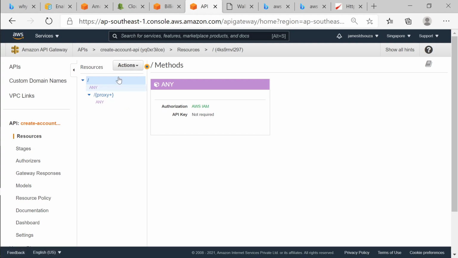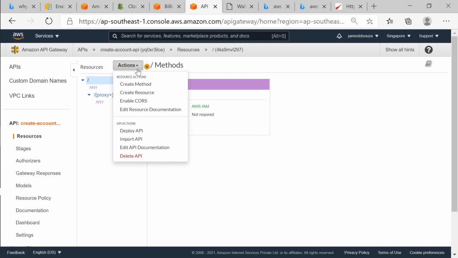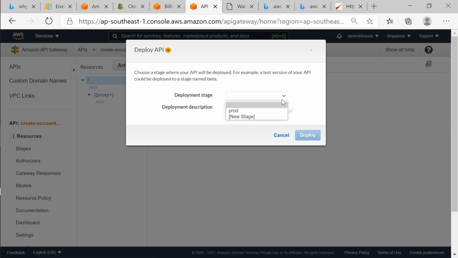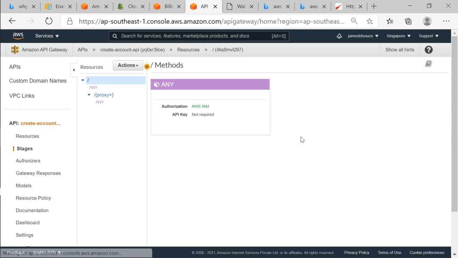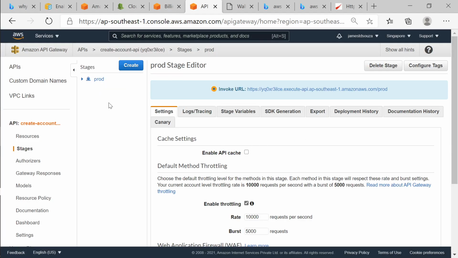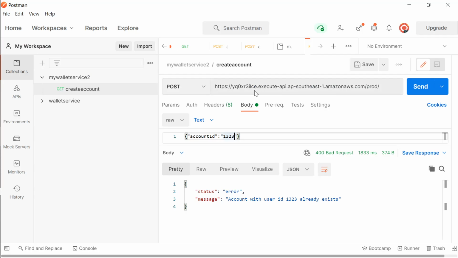So every time you make a change, you have to deploy it. I go over here and say deploy. Deploy will deploy only this API, one API at a time. I say deploy, and which environment? Production. If I'm testing in the dev environment, then I'll deploy only in the dev environment, and the prod environment I'll deploy later. Now that I have deployed, I'll verify the link is still the same. Okay, YQOX something. Now this time it actually executed the program because it was taking the old setting. After deployment, let's see what happens.